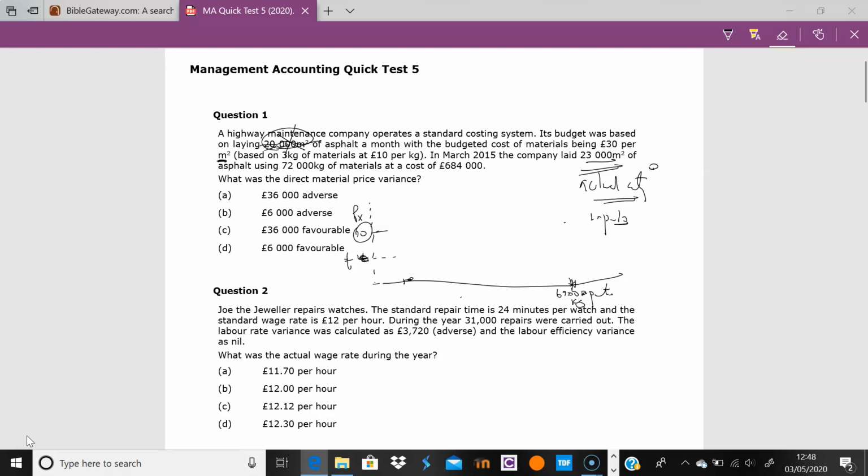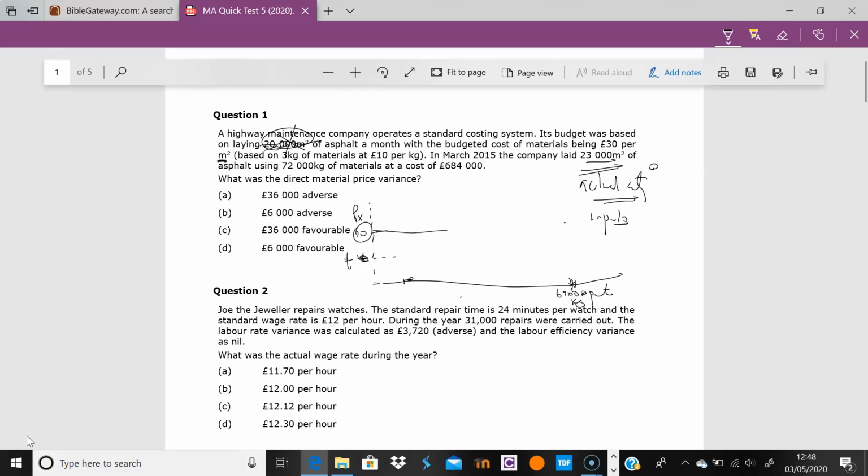In effect, I'll just draw this again. This is your standard price, standard quantity. This is what we're actually looking for here. When I say standard price, I'm talking about the price of a kilogram, £10 per kilogram, and this is my total quantity, the standard quantity I'd be expecting to use when putting this together. And just changing my pen color. What now happens is you end up using 72,000